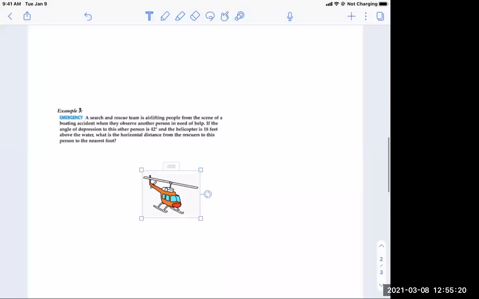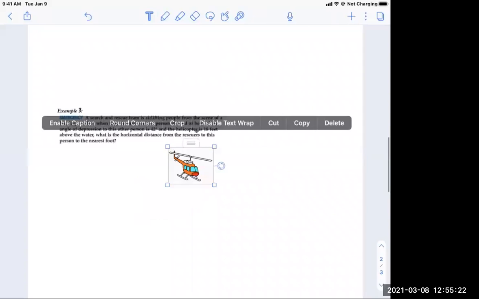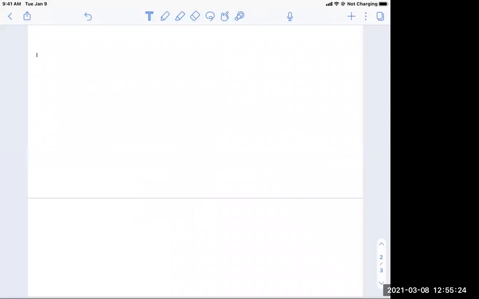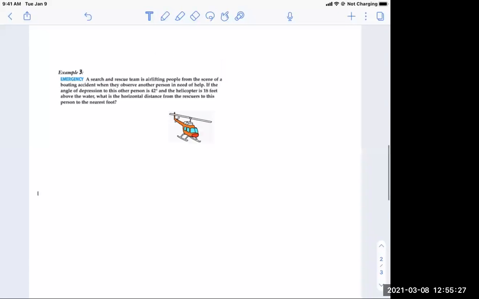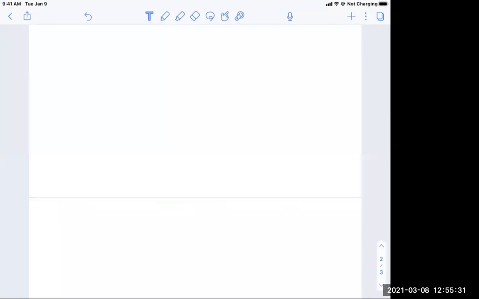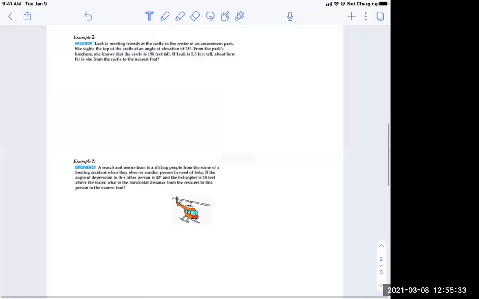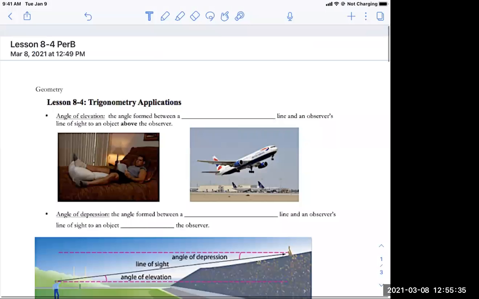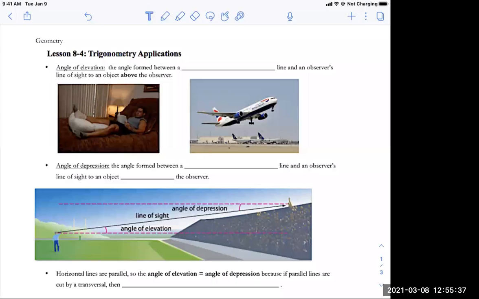I have a little helicopter I'm going to use on this last problem. So if you want to draw your own helicopter, feel free. I am terrible at drawing them, so I just went and copied and pasted a helicopter. It's the very last problem, so we're not going to be there yet. Okay, so